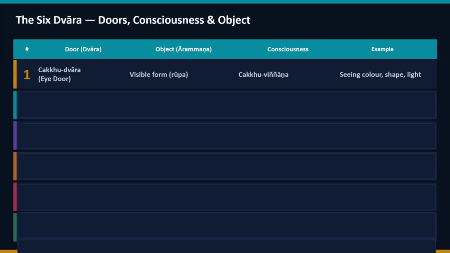We already covered, by now you should know, Chakkhu Dvara, the eye door. The eyeball's purpose is to see visible form, the rupa, all the colors that form the object. And then what is the consciousness that arises? Cakkhu Vinnana will arise. Example, seeing color, shape, and light.